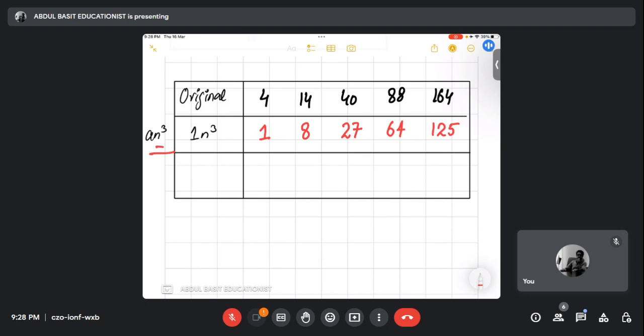चलें, 4 में से 1 माइनस करें, क्या आ रहा है? 3। 14 में से 8 माइनस करें, 6। 40 में से 27 माइनस करें, 13। 88 में से 64 माइनस करें, 24, ओके। और 164 में से 125 माइनस कर लें बेटा, 39, ओके। नाउ द नंबर्स आर नॉट सेम, तो अब हमें इस सीक्वेंस का फॉर्मूला बनाना है, और इस सीक्वेंस